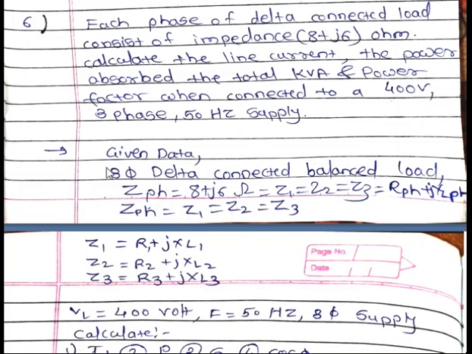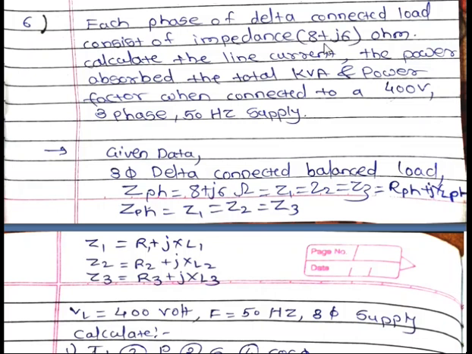Okay, this 3-phase delta connected load is a balanced type of load because here the same type of load is in each phase. Therefore, the per phase impedance given, each impedance means per phase impedance, which is 8 plus J6 ohm. That is, per phase impedance in a balanced delta connected load is Z1 equal to Z2 equal to Z3. This is an R plus L type of load because the value of impedance is given in rectangular form, the inductive reactance type of load.